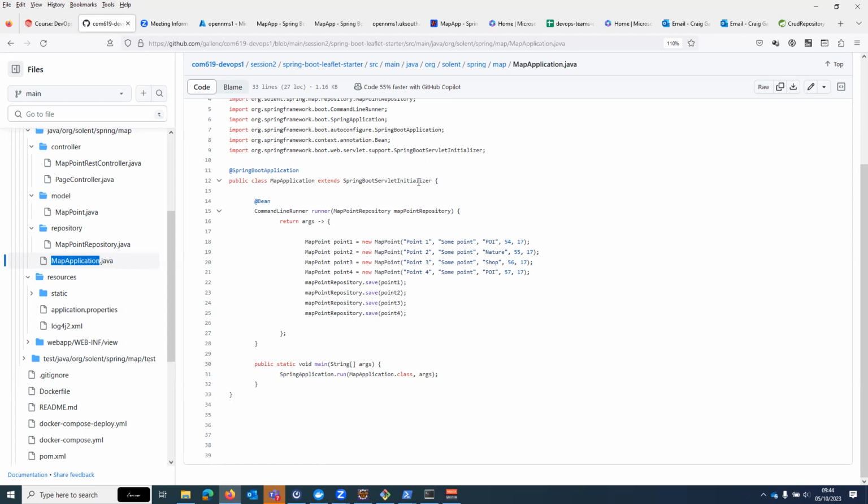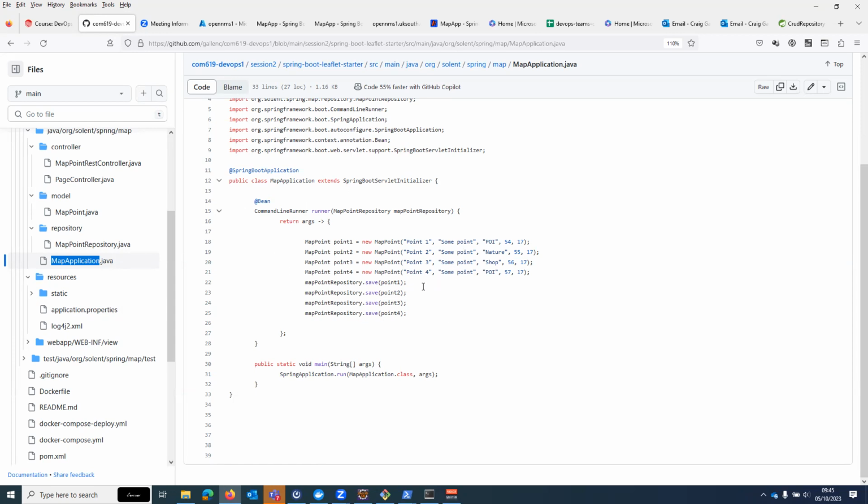I need to spin it up. And it will use that method, and there'll be methods in there that it will call to actually get that initializer up and running so your application starts. The important thing is you have an application that has this initializer in it. If it has that, and it's packaged in a WAR, the WAR can be dropped into your folder and everything will work. This command runner stuff is all that's doing is initializing the database with